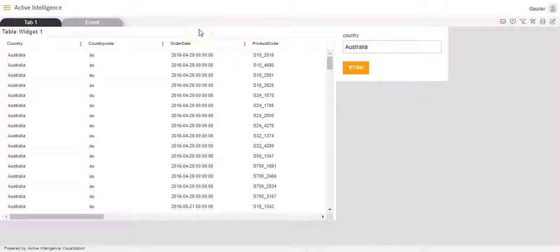So this is how we can apply the script on a pivot widget, and this is why we apply a script on a pivot widget, to view the data in the next tab.